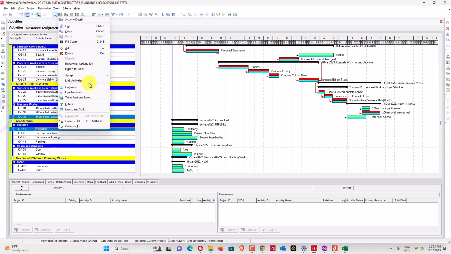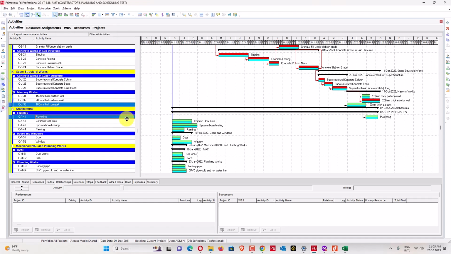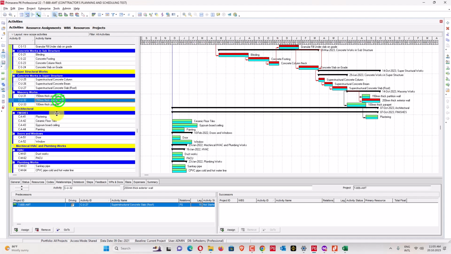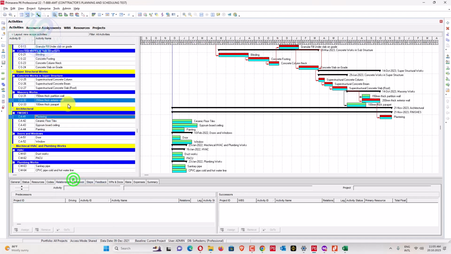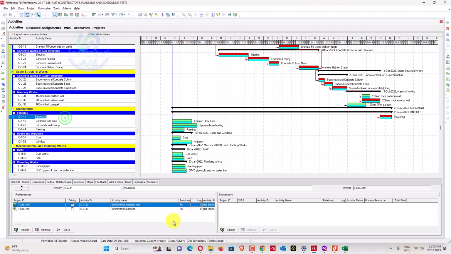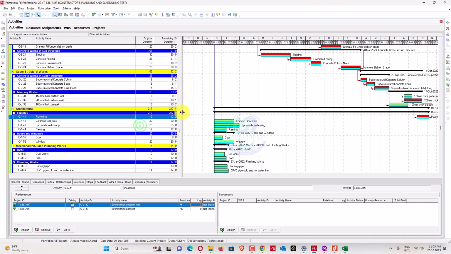Plaster work, link this one. And I can finish plaster work, link this one. That plaster work can finish like 7 days after this one. So the plaster work duration can be increased to like 20 days.